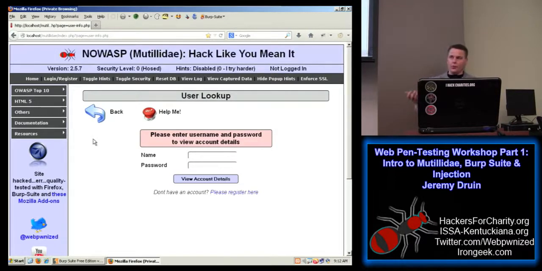So one of the problems we'll have right away when we first start assessing a site is how to get started. It's kind of that blank page syndrome. It's like, where do you begin? Well, generally the first thing you'll do is the reconnaissance phase. You'll find out as much information as you can about the website without actually going to the website. And so you're going to go out to Google, look on there, see what information you can find. You'll use a tool like Recon-ng to do the reconnaissance and pull in as much information as possible.